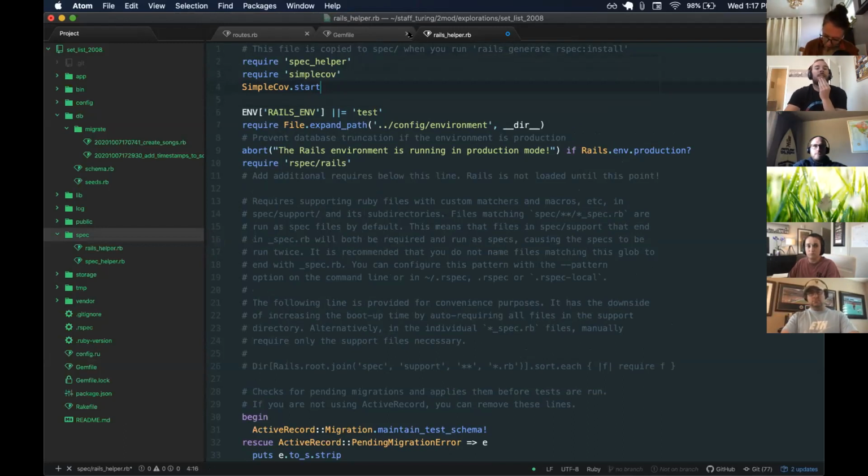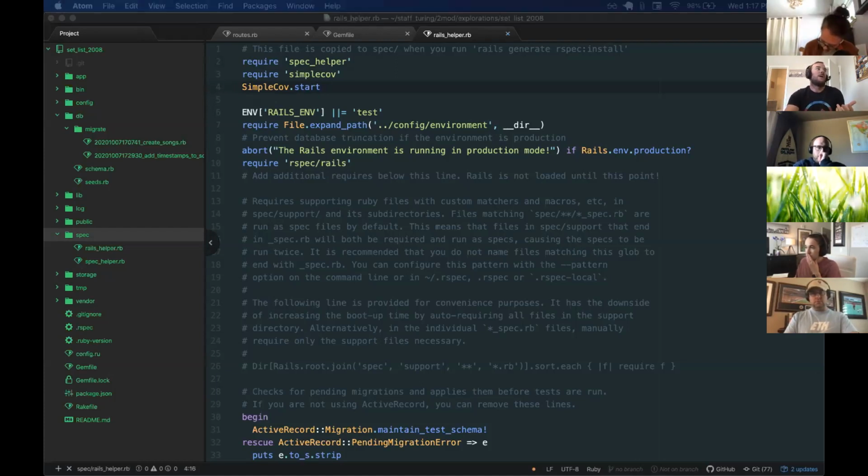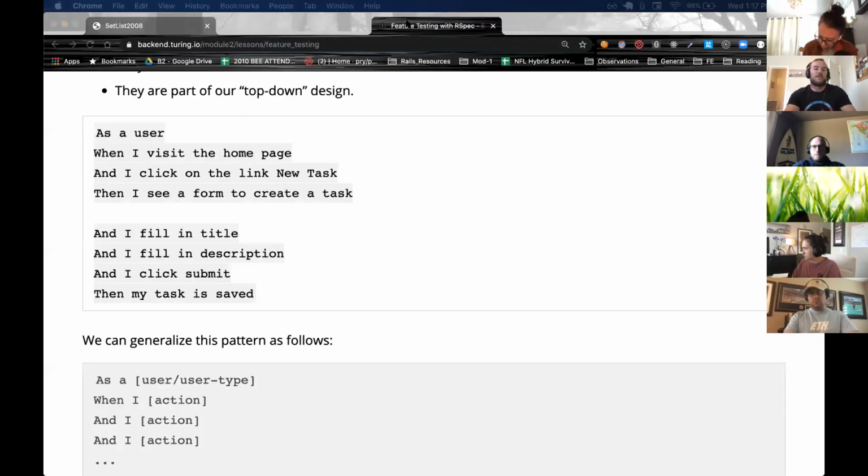Cool. So we've got that set up, and I still don't know if any of this stuff is working, right? Because I don't have a test to try it. So at this point, I think I'm doing things the right way, but I'll definitely know if I am once I write a test. And one thing to note is I just updated the lesson. So just reload the lesson page if you had it up from before,